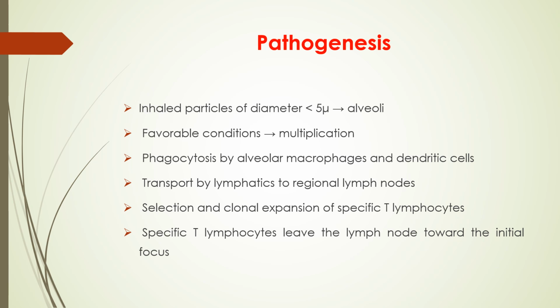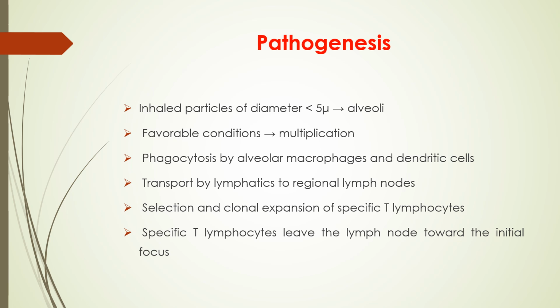So, when these small particles arrive at the alveoli, they will have favorable conditions. As we have said, the bacillus is strictly aerobic. They love air, so in the alveoli, we have air. They begin the multiplication. So they will be phagocytosed by some alveolar macrophages and dendritic cells, and some of these